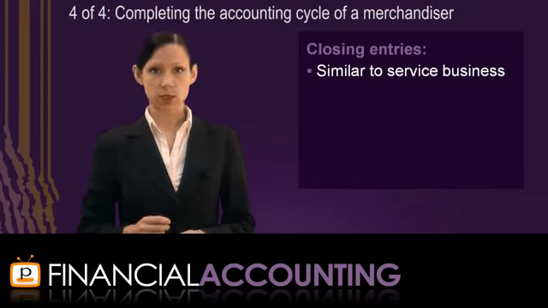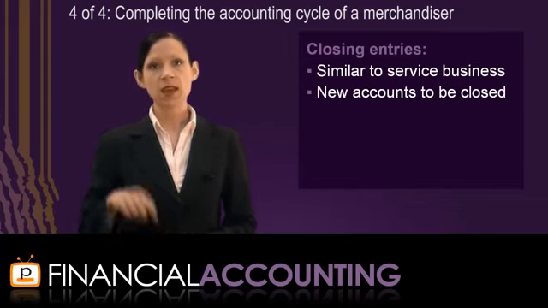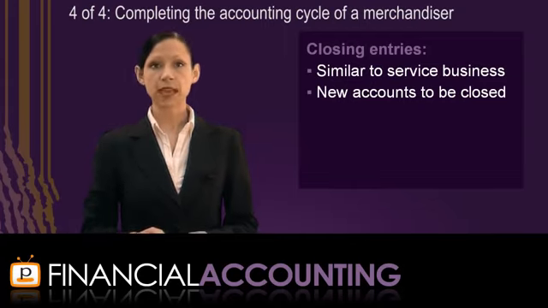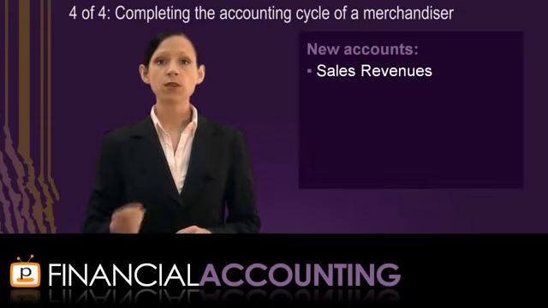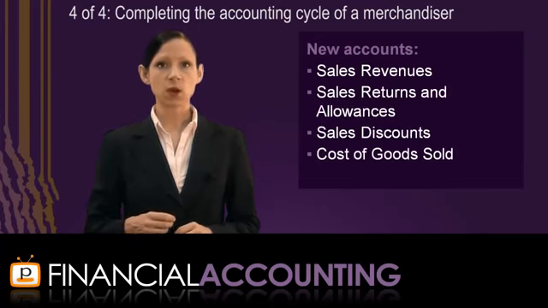At the end of the accounting period, merchandise businesses also need to record closing entries. These are similar to those of a service business, except that the merchandiser has some new accounts that need to be closed. In the first closing entry that closes all temporary accounts with a credit balance to the income summary account, the only difference is that the merchandiser uses the sales revenues account rather than the revenues account used by a service business. In the second closing entry, all temporary accounts with a debit balance are closed to the income summary account. The new accounts closed here include sales returns and allowances, sales discounts, cost of goods sold, and delivery